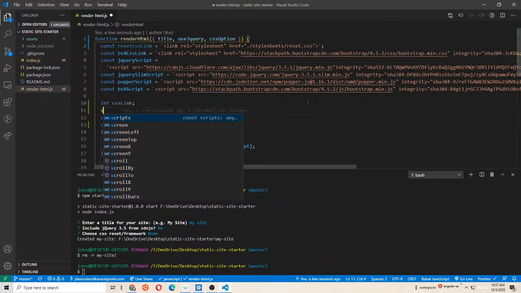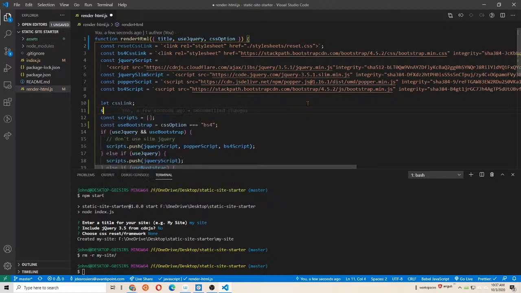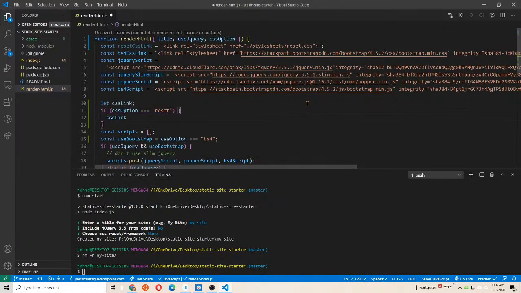Actually a switch case doesn't really work. Well, I mean it can, but I think I'm just going to do if CSS option triple equals reset and